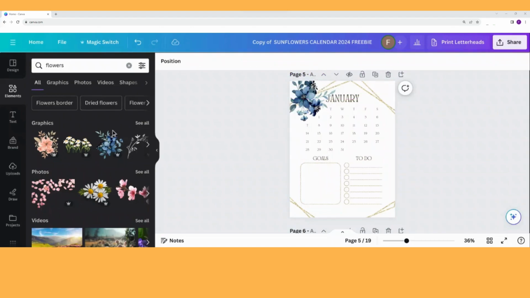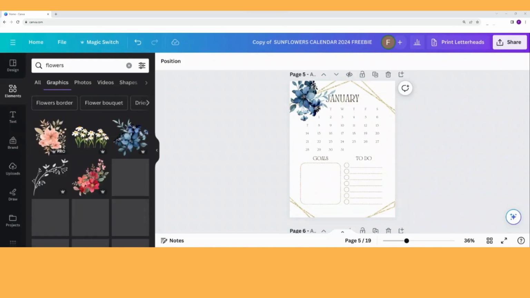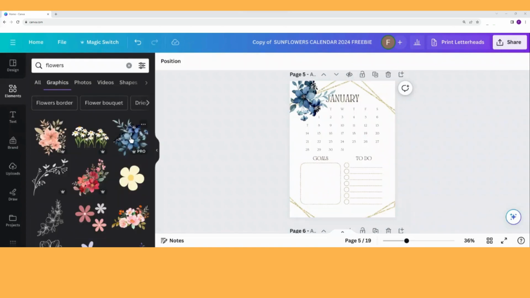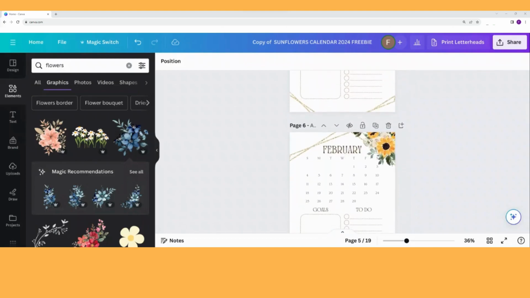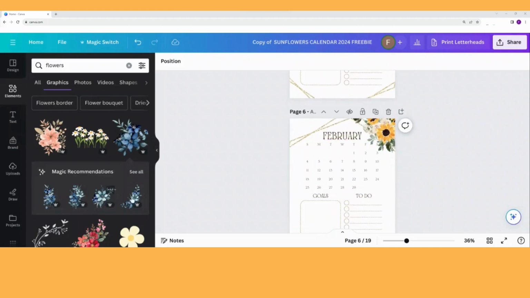Oh, there we go. So now I'm just going to go into graphics because I prefer the graphics to the photos, and see what else it comes up with. So now that we're in graphics, okay, so now it's come up with some magic recommendations. They might be really nice to use on a different page to swap out some of the other images. They're very similar, got similar coloring, a similar design, but just shake it up a little bit, give you something different. So we might swap out these flowers for, I'll just delete those and put in this one in the